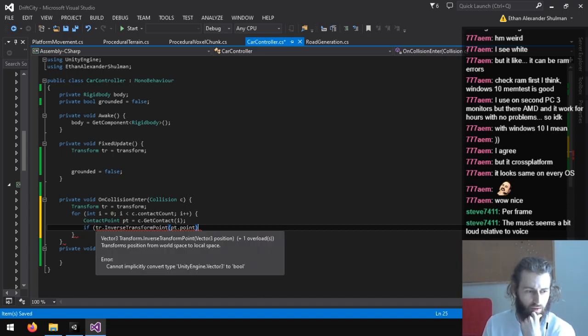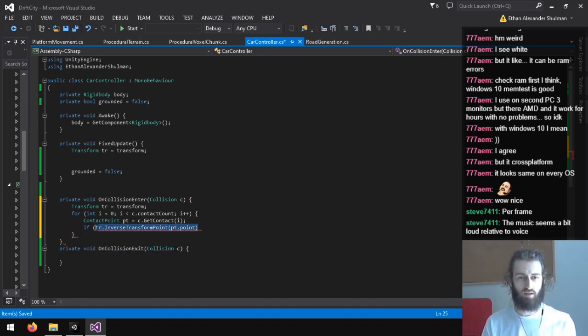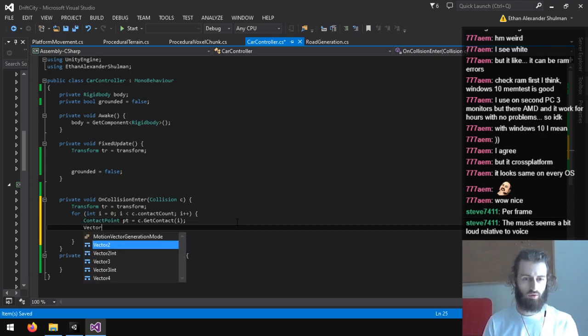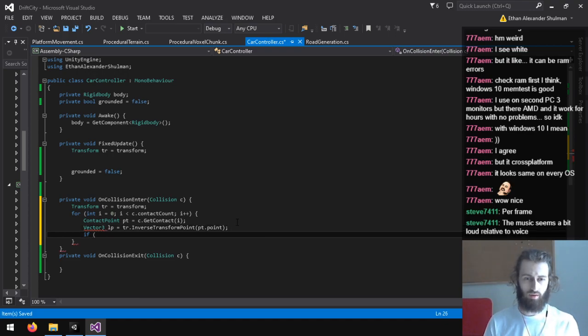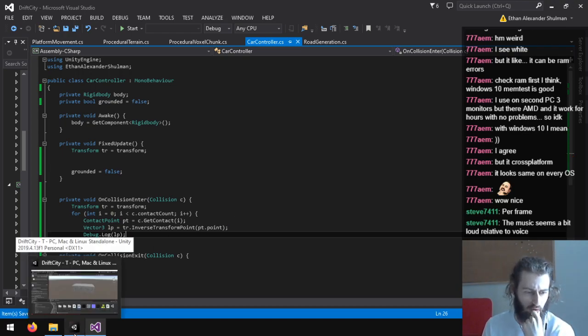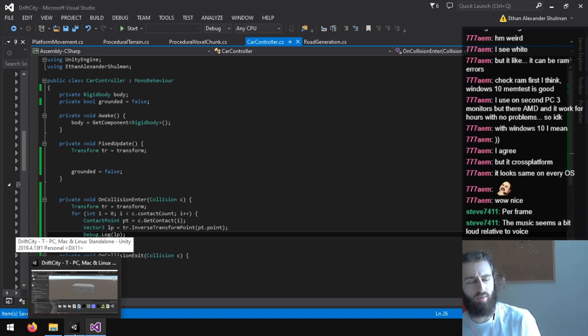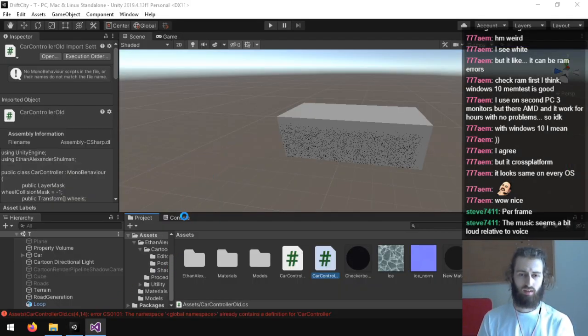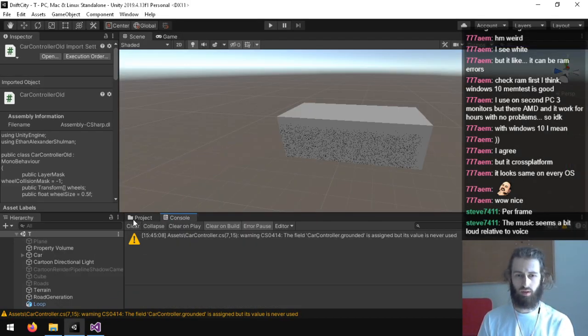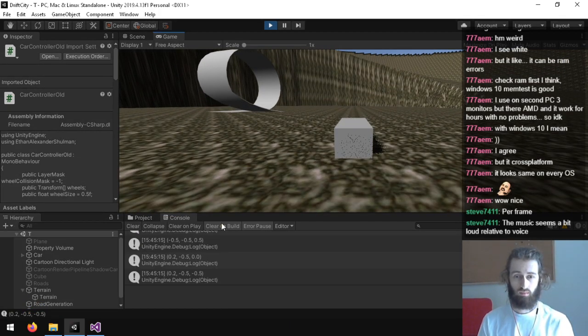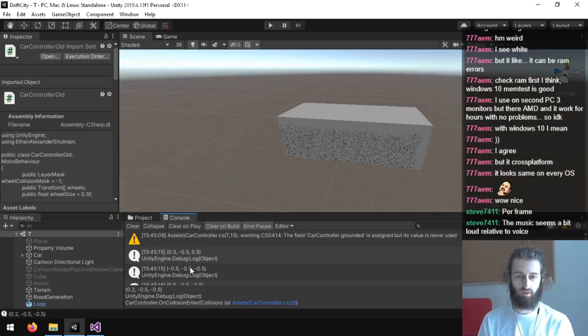Alright, so this will give us the point in local space, which then should let us easily tell whether or not this is on the bottom of the thing. I'm just going to debug this and output it. I think when the Y is below negative 0.5 or negative 1, then it's touching the bottom, but I'm just gonna be sure. Alright, yeah, so negative 0.5.